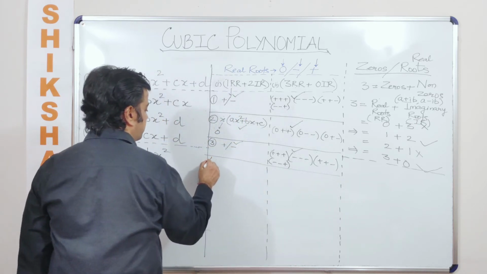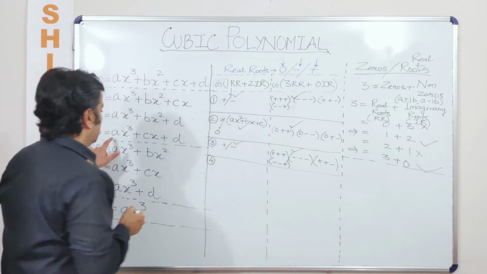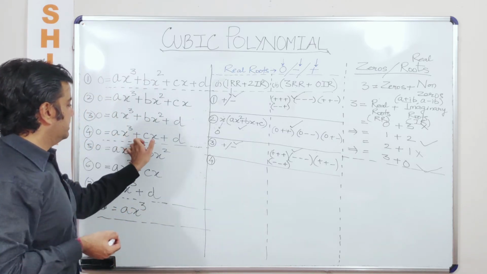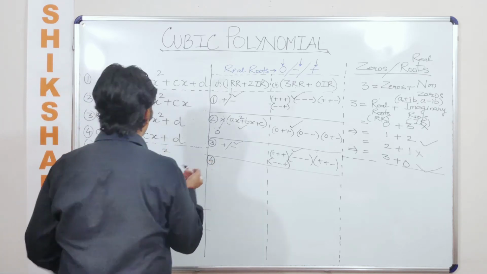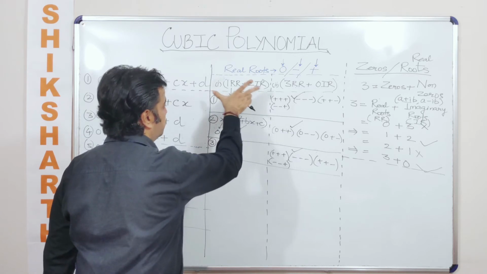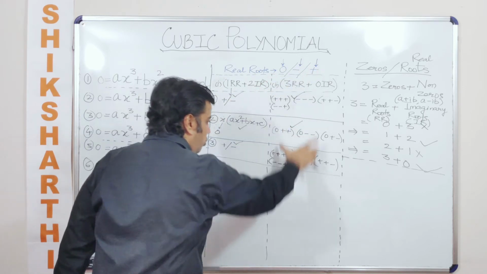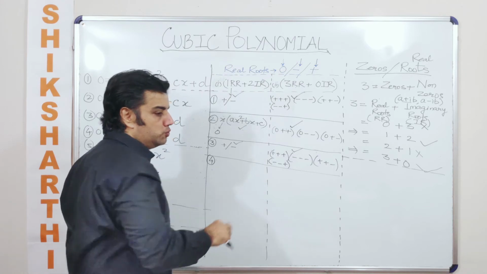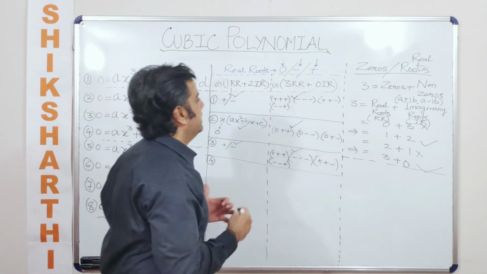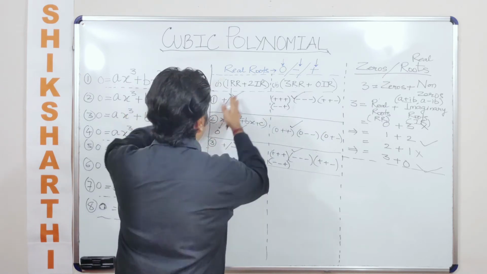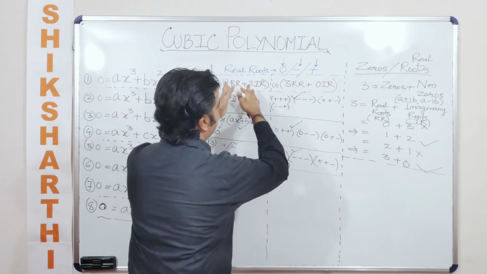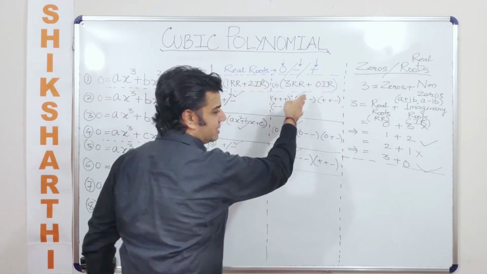Talking about case number 4. Now in this case, this is just like ax cube plus cx plus d. So can I say, in case it has roots, you are going to get these 2 broad cases that we have taken, which will be mutually exclusive to each other. I hope you would have understood it by now. So what I intend to say is either it is going to give me this case or it is going to give me this case. You cannot have a situation wherein you are getting both the cases.